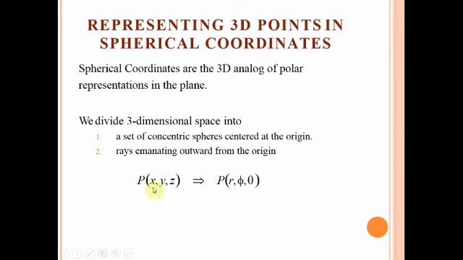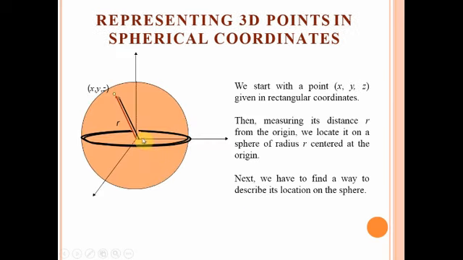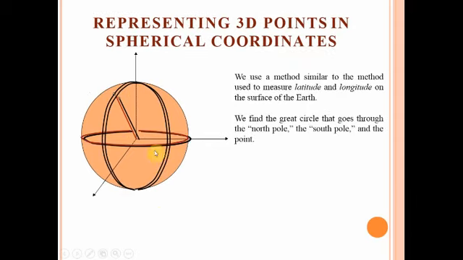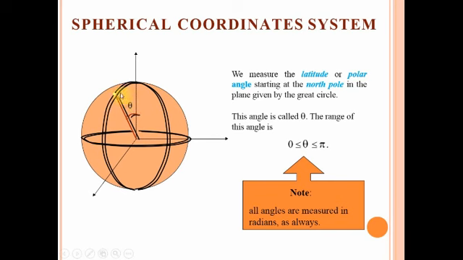So a Cartesian point x, y, z can be represented as a point in spherical like r, phi, theta. r is the distance from the center up to that point on the surface of the sphere, that's the radius. If we create latitude and longitude on the surface, like the surface of the earth, then we have this theta for any point measured from the z-axis. This can be 0 to pi. All angles are measured in radians.